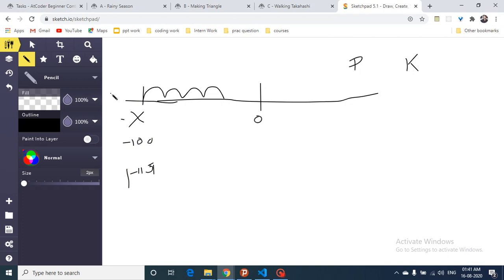My target is to go to the right, and same if I am at this position, my target is to go to the left. Okay, now if after doing all the k hops, because we have to do k hops, of distance d, if I am still before 0, then it is beneficial to do all the k hops and reach at this point, because this will make us the closest to 0.